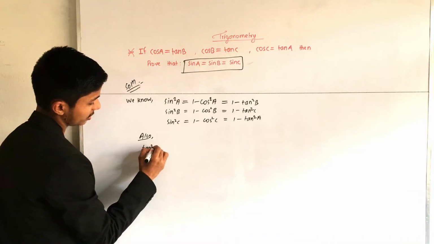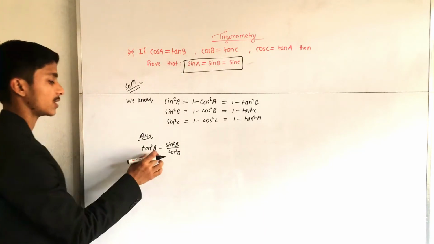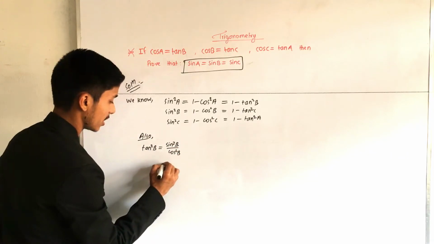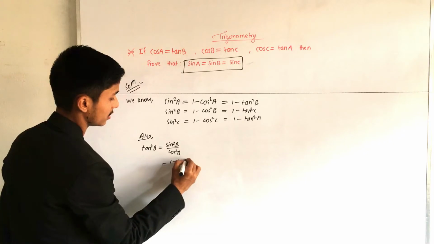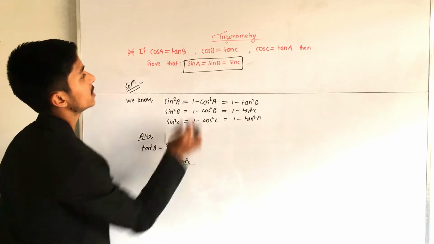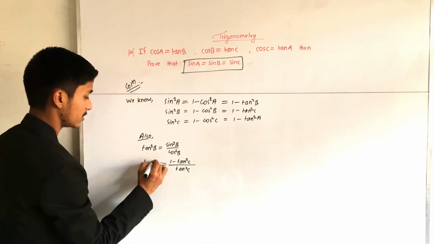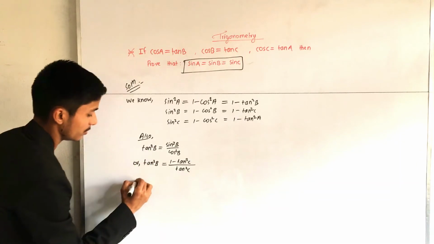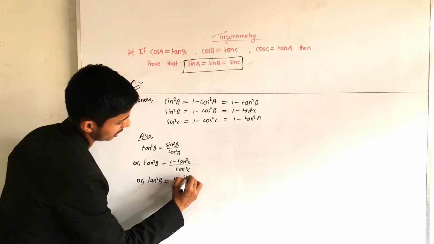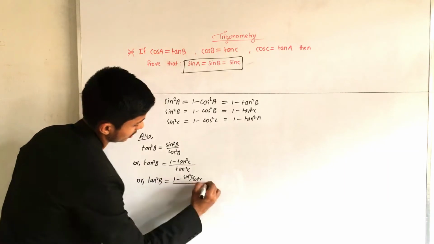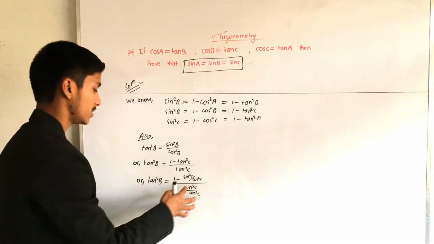If we take tan square B, we have the formula sin square B by cos square B. Tan square B is equal to sin square B by cos square B. And instead of sin square B we can write 1 minus sin square C by cos square C, and here sin square C by cos square C. If we simplify this, then we get here